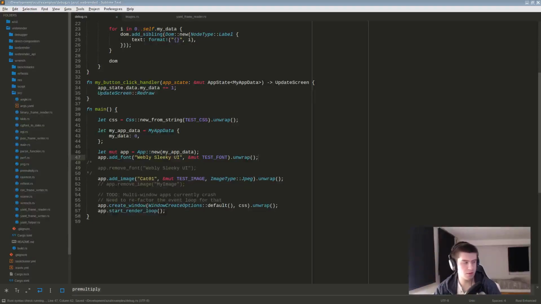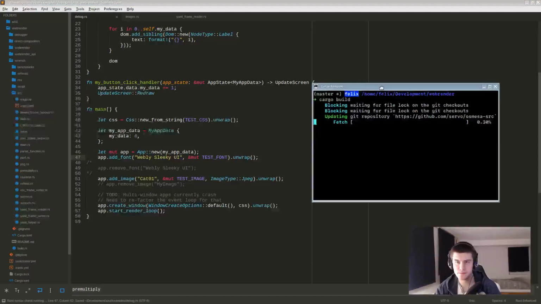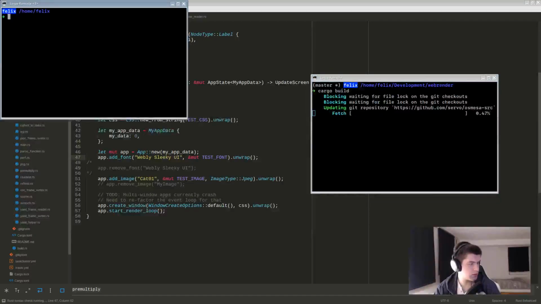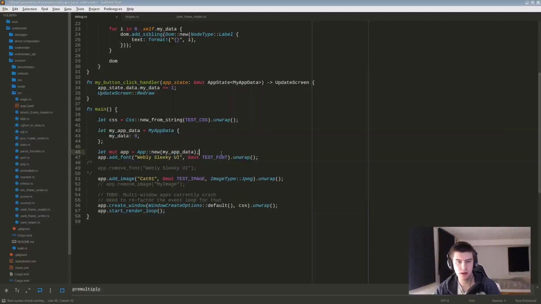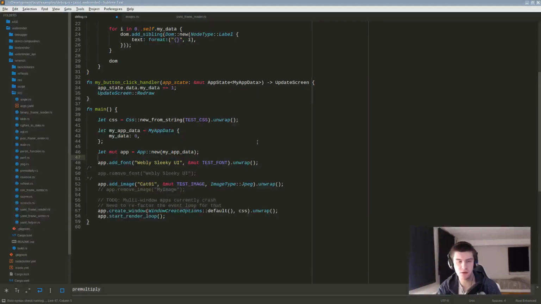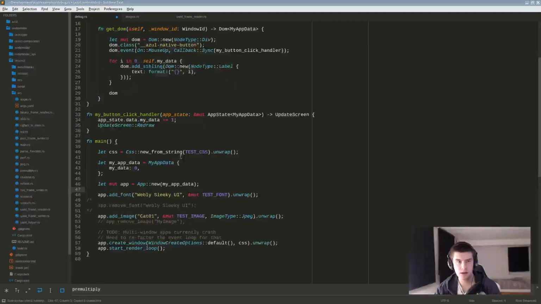But now that we fixed images, basically, we need to add the font. Adding the font can take, I mean, you know,